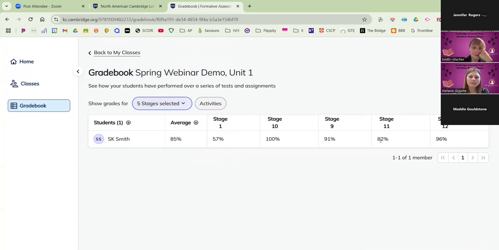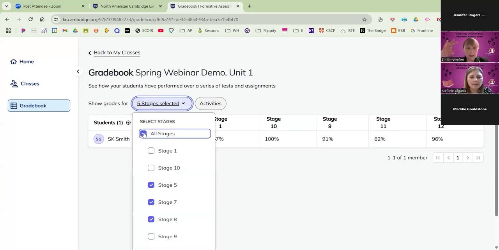Or we could say, okay, Smith really struggled in the last handful of stages that we did before we close out of the red book. I can see that Smith needed some assistance in what was happening in stage 11. So maybe that gives an opportunity to have a one-on-one session with Smith, have her come after school. Let's work through some of these concepts to make sure that you are set with them before we finally close the book and move on.